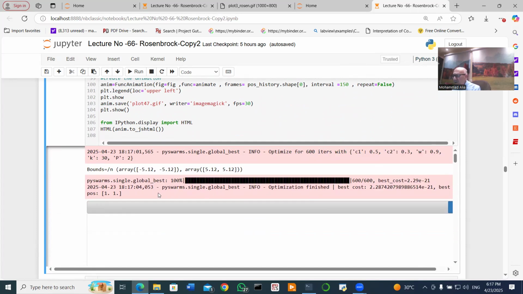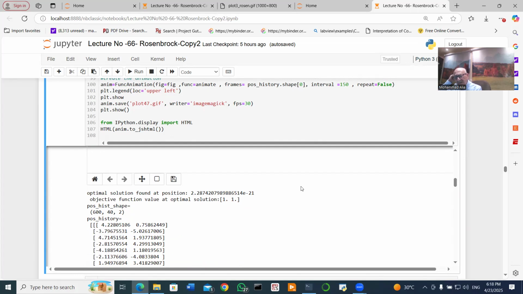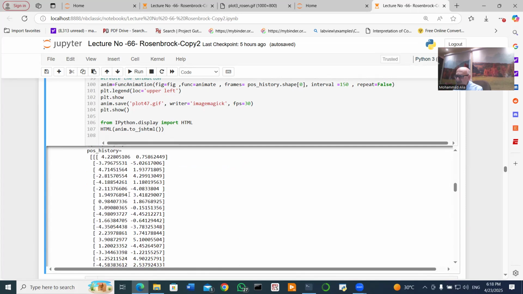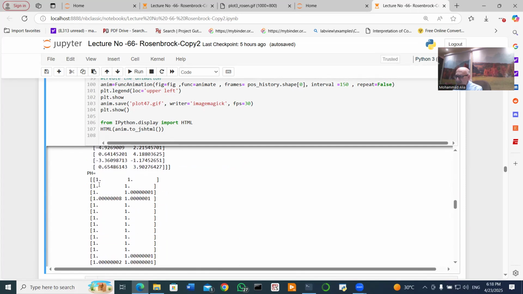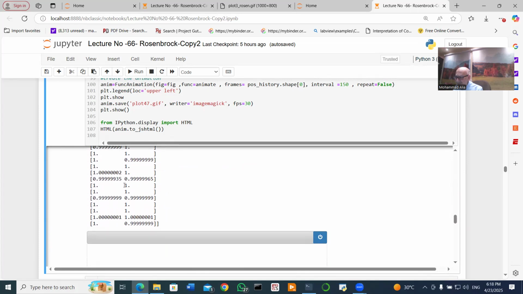information. The program has just been optimized. The cost is equal to a number multiplied by exponent to the power of minus 21. You can see that this is practically 0. And the positions are 1 and 1. So, okay, as we expected, the values are the same. Where the time goes for the animation. We have also got the first list of positions for the first iteration, as we have done here. And we have got the positions of the first iteration of all the particles, the 40 particles for the last